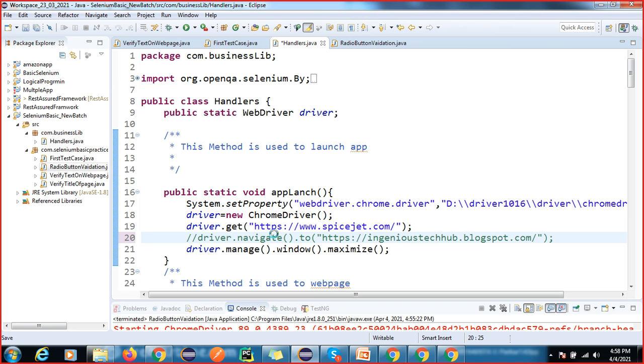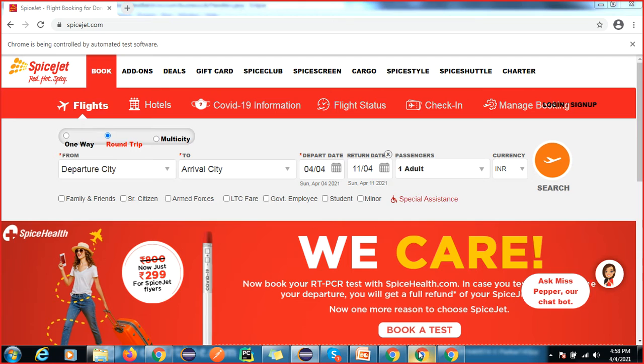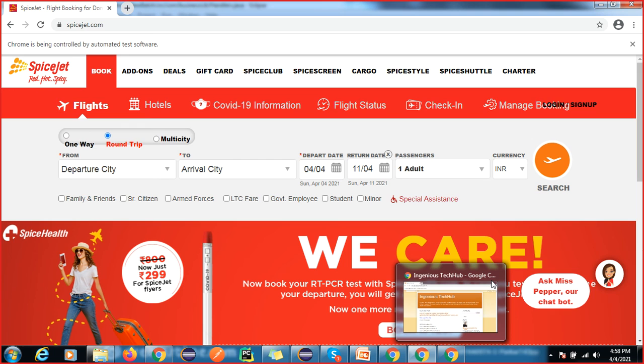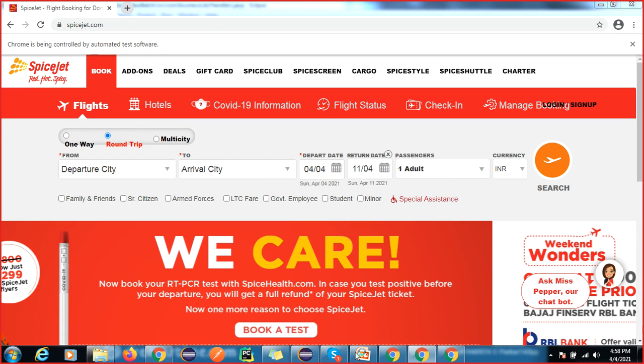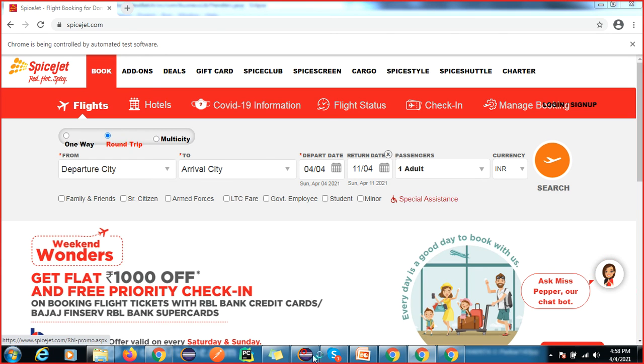So I think it will launch both, right? And also it executed both. This page also displayed, and that's why I'm getting the message here also. Let me close this.